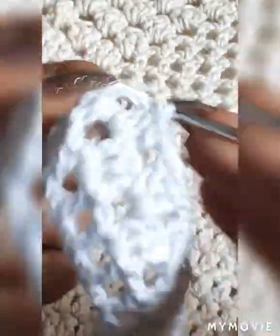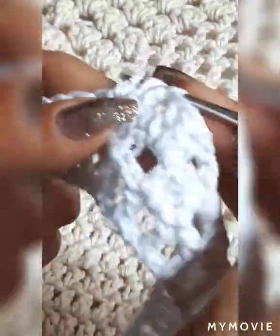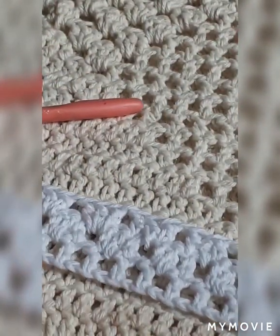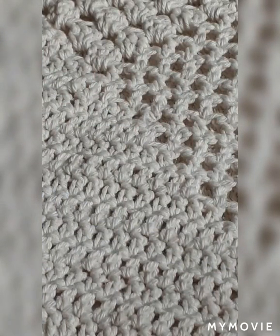So I'm going to do it. So we're going to have 7 groups on this row of the double crochet. Let me see something here. 1, 2, 3, 4, 5, 6, 7. Okay, so we are on our 7th. That means